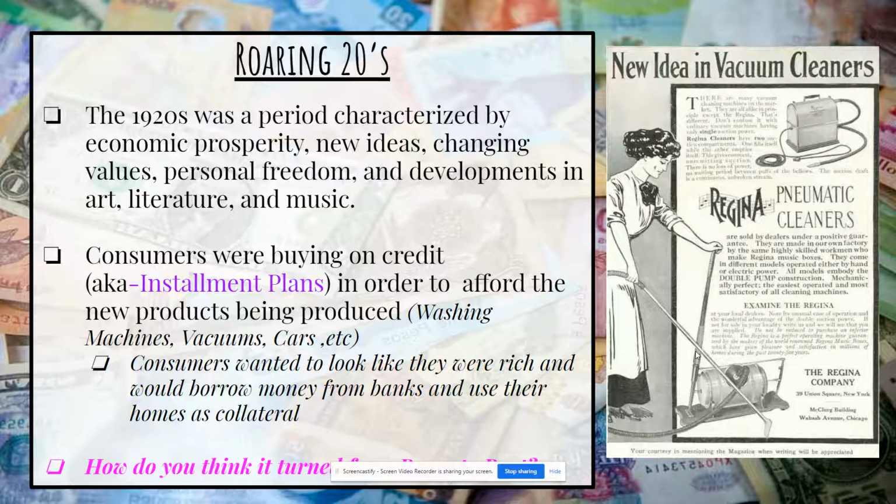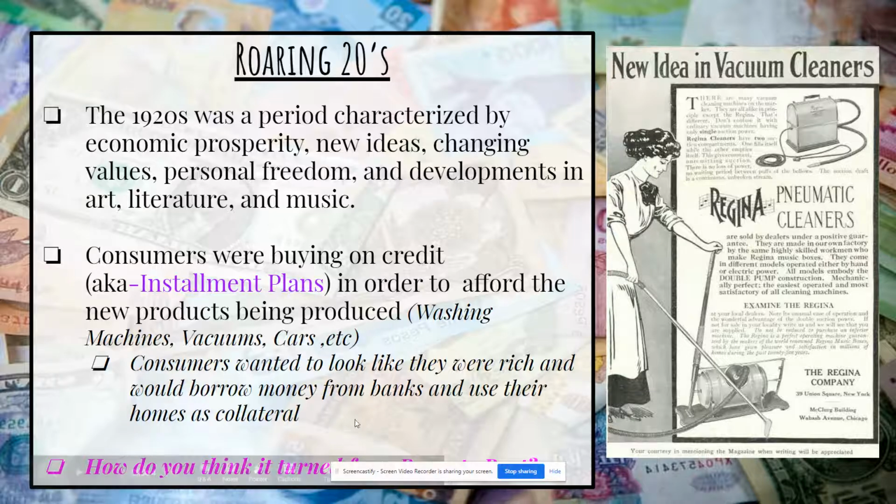Think about if you did not have a washer or dryer, if you did not have a refrigerator, if you did not have a vacuum. Those are things that I personally could not live without, that people back then had no idea about. So when this invention came around, they couldn't really afford to pay for that invention. So they're going to try to get that invention. Okay, let's say the vacuum, as you see in this picture, we're going to get that invention on credit.